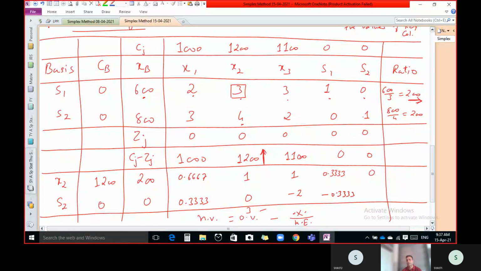And now this 1 minus, now see the value, here it is 0 and here it is 4. So multiply 0 with 4, that is what? 0 divided by 3 is what? 0. So subtract 0 from this 1. So 1 minus 0, we get 1. So here you would write 1. And once we get all this value, our process remains same.